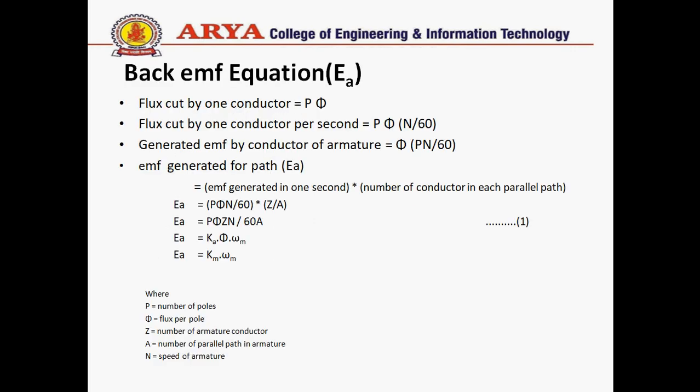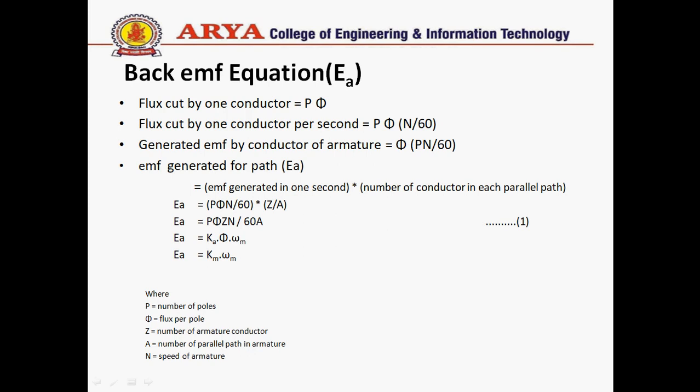Now, the performance of a DC motor depends upon two parameters, that is the back EMF induced by the motor and the torque, and the speed of a DC motor can be controlled by these two performance parameters. So how do we control speed, and how does speed depend on these parameters? We derive the equations, the basic performance equations of DC motor. First of all, we derive the basic EMF equation of DC motor.